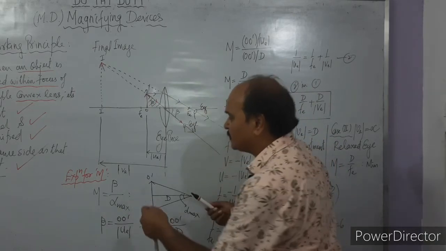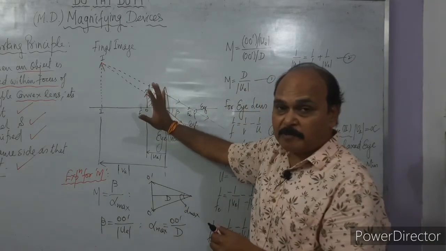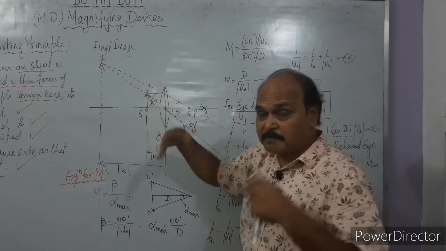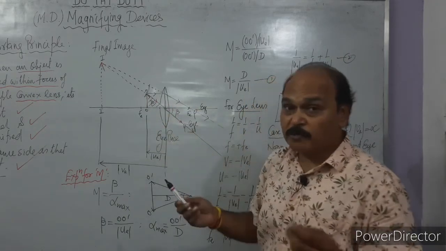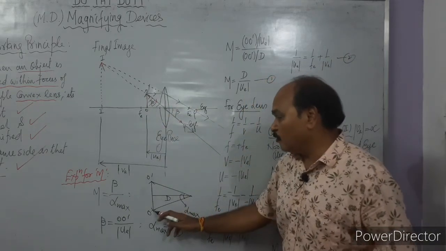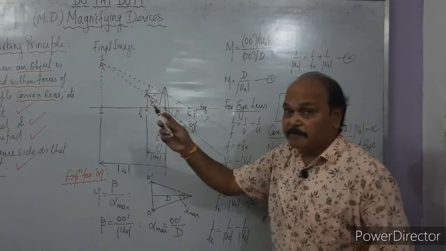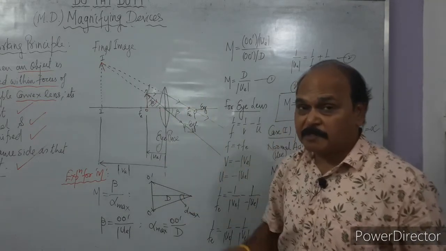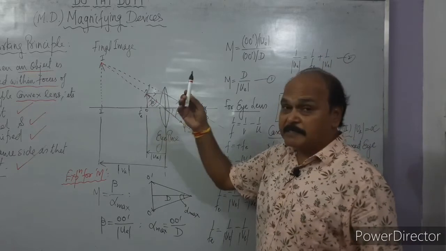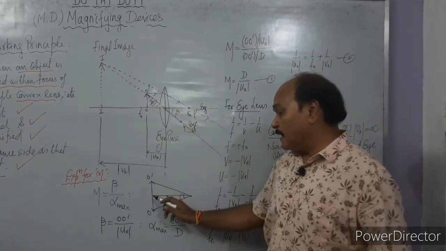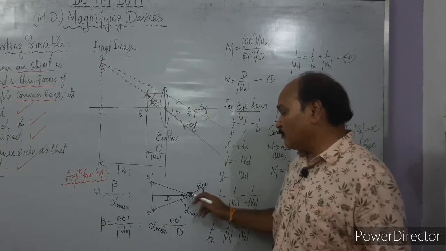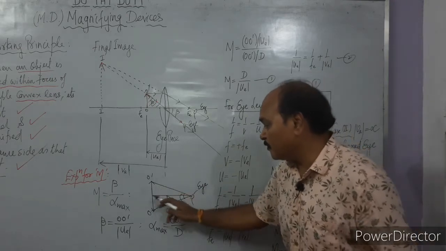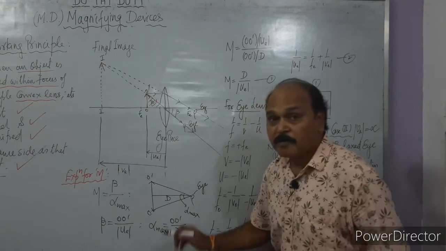And what about alpha max? Alpha max is not here in the diagram. Alpha max, that is the maximum visual angle made by this object over our eye, is not here in the diagram. And what is that? You know already. This is OO dash when the same object is kept very close to the eye, say 25 centimeter. When this same object is placed exactly at 25 centimeter from the eye, then its angle over the eye is what? Maximum. This is OO dash upon D, the maximum value of the visual angle.